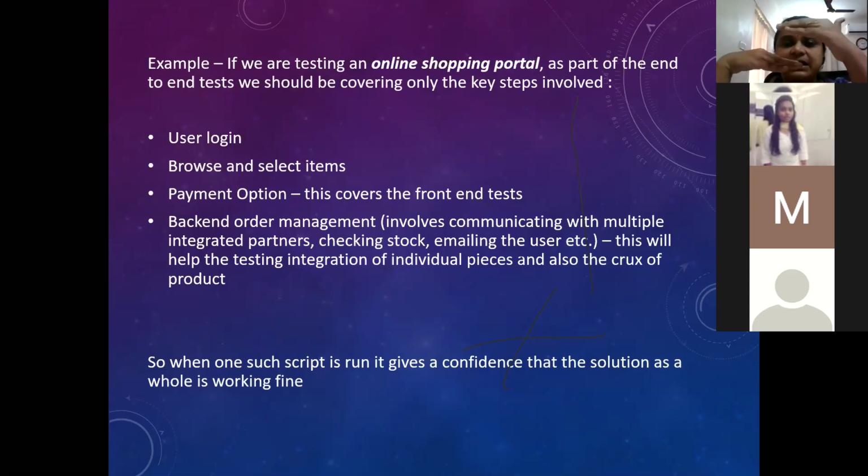You all would have seen, if you are selecting an item, that list 2, 3. If you are in Amazon, list 2, 3. This is available with this partner. All our retailers. These items from these retailers are of this price. That has to be done at the back end. So the front end testing here is I'm logging in, I'm selecting, browsing, and taking all those items. So the back end option would be all these options where your system connects interfaces with other things. So if you submit and see if your payment is through and all that, we are completely doing an end-to-end testing.